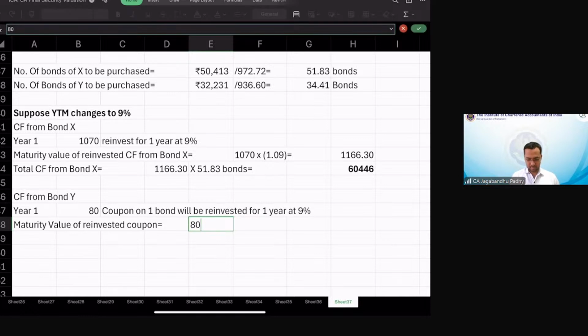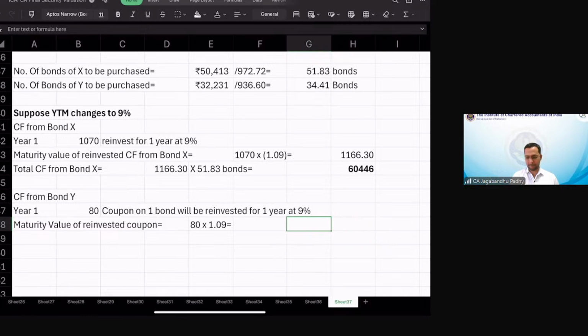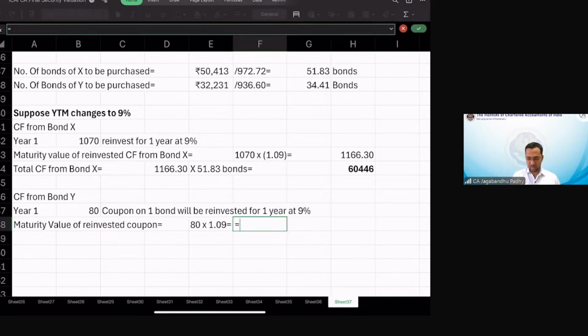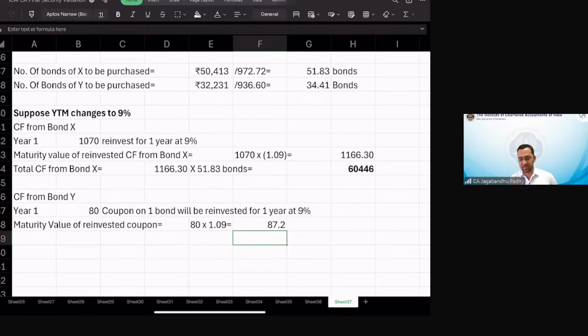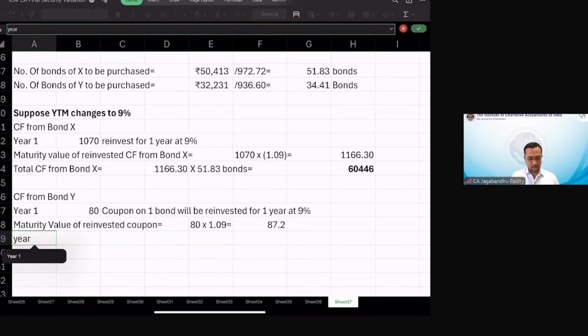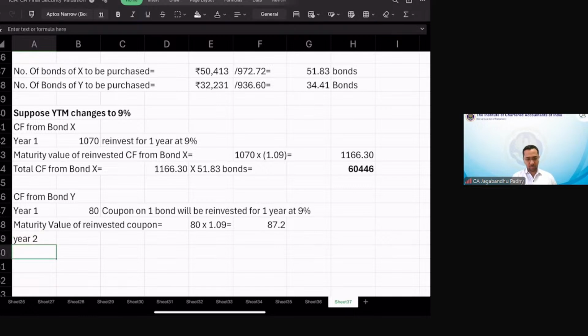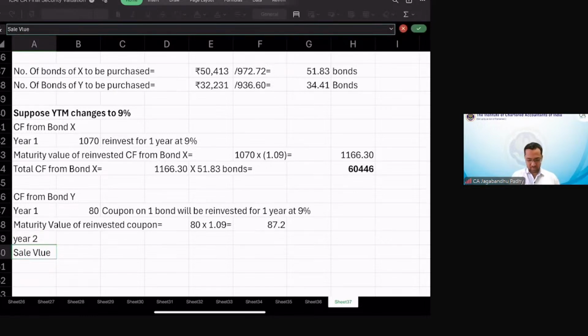Can I say that will be 80 multiplied by 1.09, which is 87.2? So the maturity value of the reinvested coupon is 87.2. Then in year 2, we will have the sale value